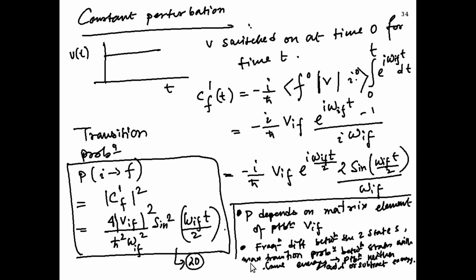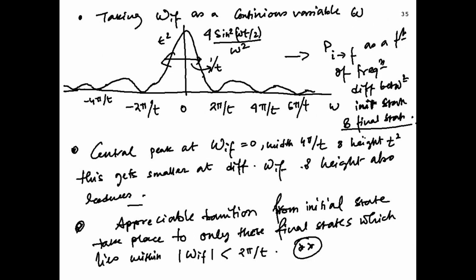If you plot this, the form has a maximum or a peak somewhere. That tells you the maximum transition probability comes from states which have exactly the same energy, which means omega_if tends to 0. So this function has a peak there. The perturbation is more likely to neither add nor subtract energy, which is what you expect in a classical transition. But a quantum transition allows all these possibilities, keeping the highest probability for the classical one, but the other probabilities are not 0 either.